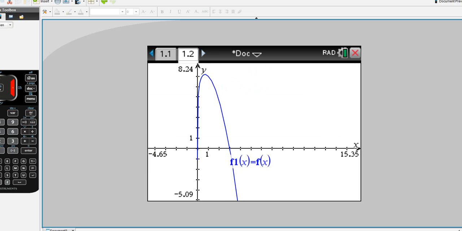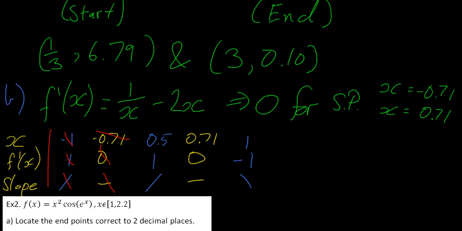Now you can't just say to yourself, well, I know it's a maximum, right? But if you want to justify its nature, you do have to use this nature test over here to demonstrate that the values of the gradient on either side of your stationary point behave in such a way for our stationary point to be a maximum. So in this case over here, we're just going to cross out this one over here. You know this is void because it's not within our domain. And we can simply say as our final solution that at the